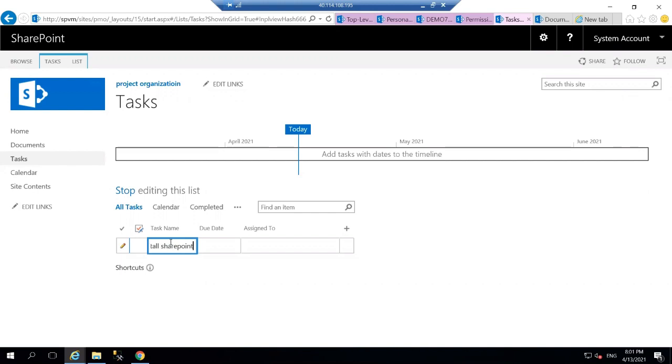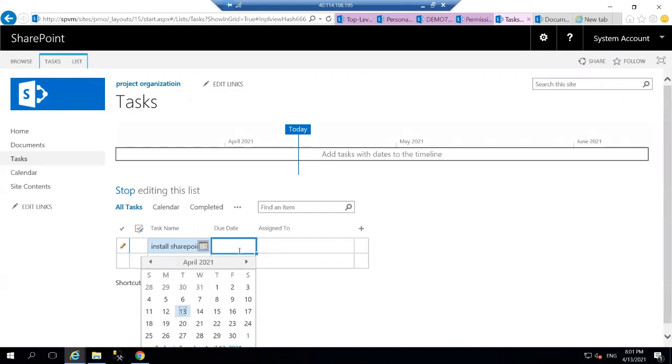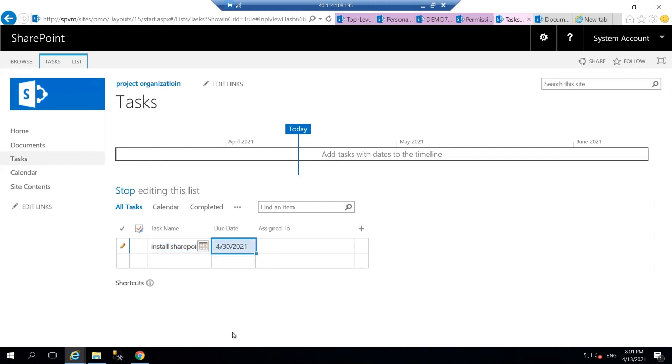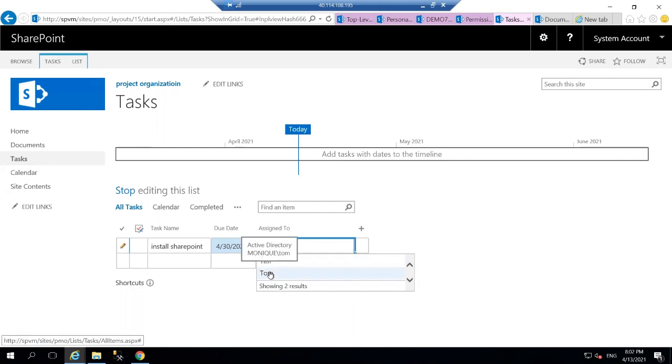In a due date, give any date of a future. Just select maybe, very good. Assign to, just type any name, maybe Tom. Good. Click that one. Then the second one,